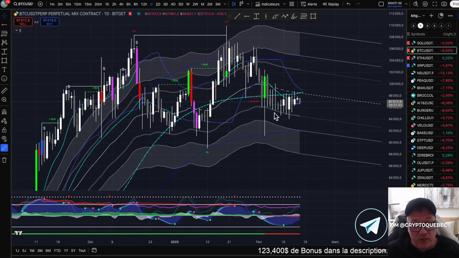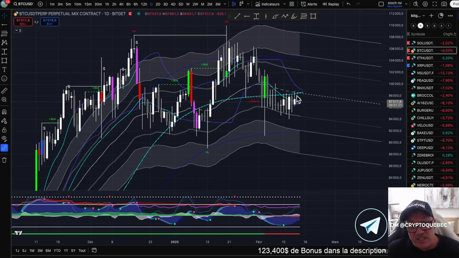We come to the other line lower down, we go up, we're blocked by the middle of the channel, we come back to the lower line. So here we stop, we come back, and we try not to miss out, not to break the middle of the channel. Impossible. To break the middle of a channel, we need a vector. We don't have one. So we stop here, we bounce, bounce, bounce.